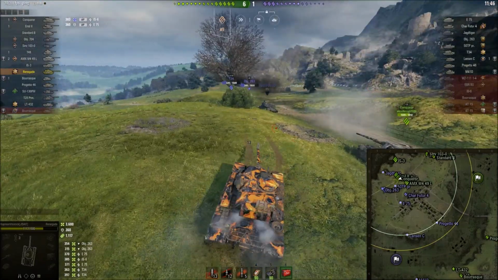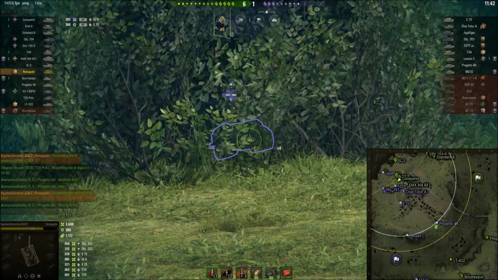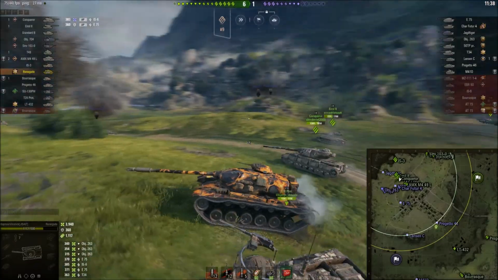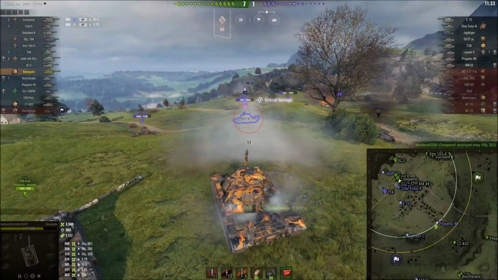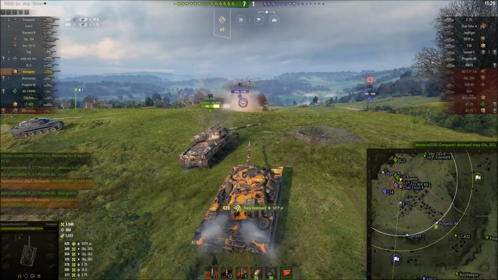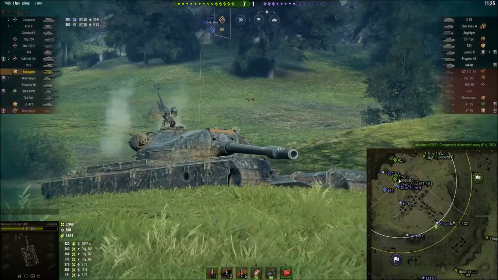Repeated shots there into the lower front plate on the Object 263. Clearly his Stalinium shield is not holding up. Can we pick up the kill? We can, but it's a low damage roll, although given some of the other... no, against the 263 to be fair, that's 3 low damage rolls in a row. Go figure. 60 TP over there on the ridge line, but these guys, the enemy team is not having a